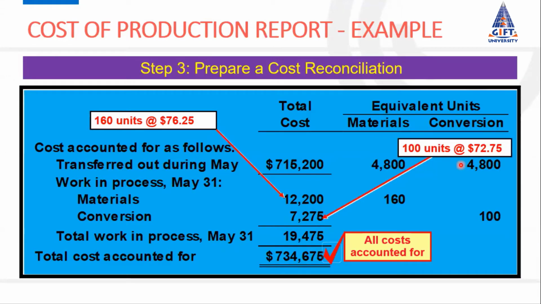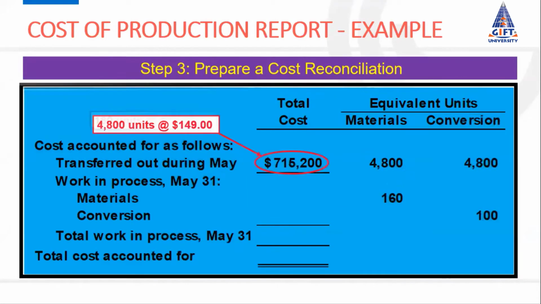So look at this. I have just explained it to you before, at the start of my discussion. This is basically the other way, or a shape, of a work in process account. In the work in process account, we have a debit side and we have a credit side. On the debit side, whatever cost is charged to the department, we debit it.